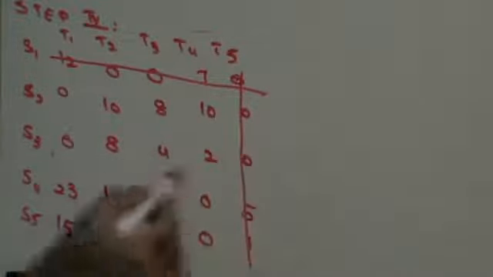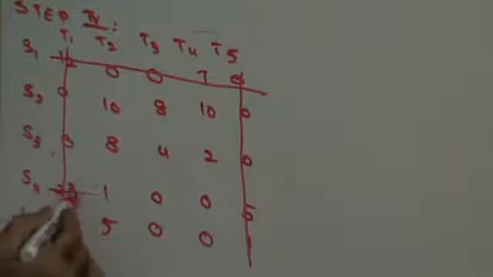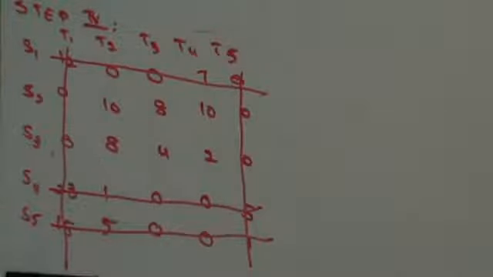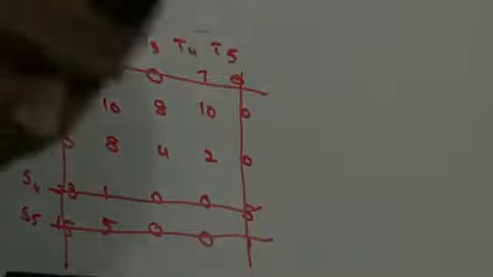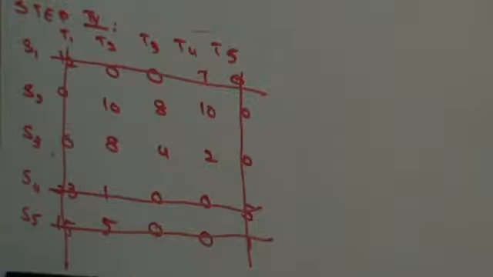Right? Now, draw minimum number of horizontal and vertical lines to cover all the zeros. I have 3 zeros here, right? I have 3 zeros here, I have 2 zeros here, and I have 2 zeros here and 2 zeros here. 3 and 2, 5 lines. 5 lines and 5 rows. That means the solution is optimum. Let's find out the optimum zeros. The next thing that I need to do is I need to find out the optimum zeros.